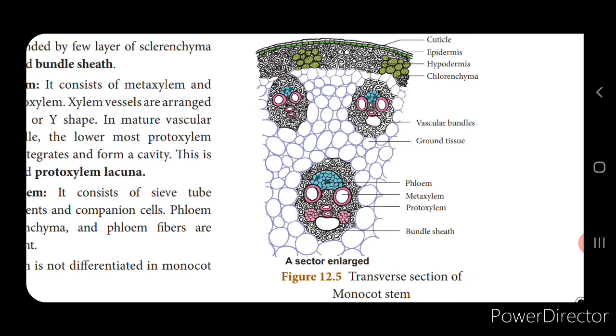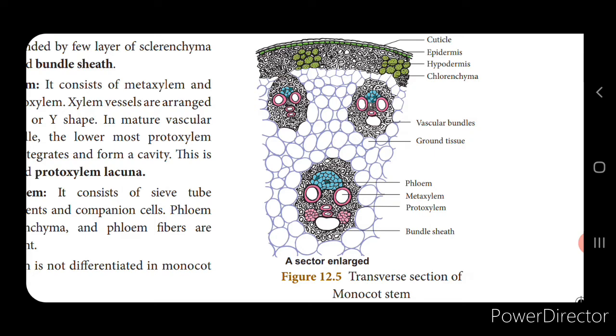And this vascular bundle, can you see the small skull shaped vascular bundles scattered in the ground tissues. You can see more than 2 vascular bundles. So these vascular bundles are scattered in the ground tissues. Usually the vascular bundles will be at the center, isn't it? But here it is not so. So what is the type of the vascular bundle? The vascular bundle here is conjoint, collateral, endarch, and it is closed. Why is it closed? Because no cambium is present, right?